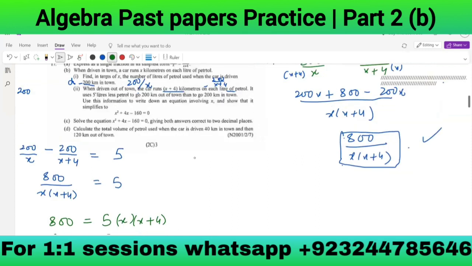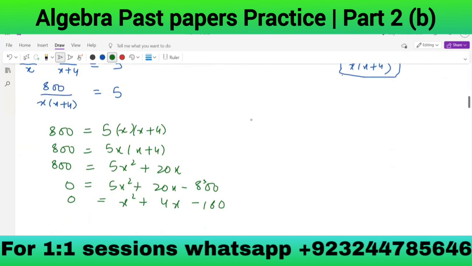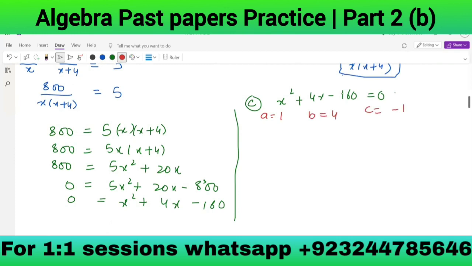Solve the equation to give the answers to two decimal places. Now it is saying that you get the equation, but you also need to solve the equation, and that is the C part. So x squared plus 4x minus 160 is equal to 0. We get answers in decimals, so we are going to use a is equal to 1, b is equal to 4, c is equal to minus 160. So it's going to be minus b plus minus square root of b squared minus 4ac